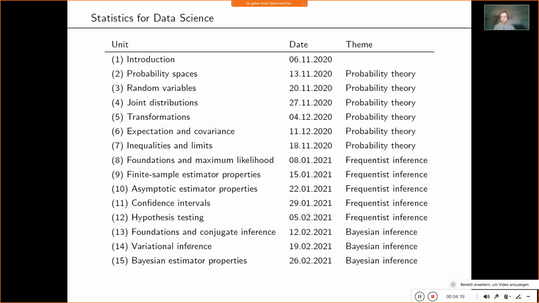You will have seen, let's have a look what's here. Let's stay at this for a second. You will have seen that there's last year's course, and the things that are labeled here, under things like finite sample estimator properties and so on, will be fairly similar to last year's course. But I try, of course, to make the course better. So here and there, take out something or put something new in. I highly recommend that you look at last year's course if you want to prepare for sessions.